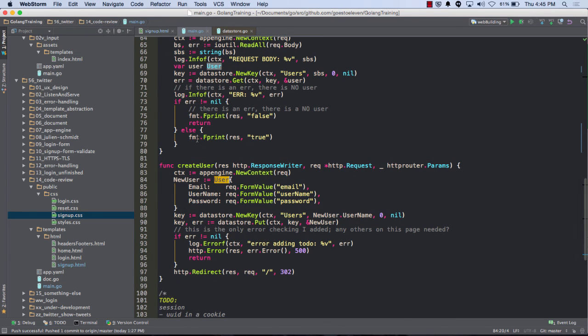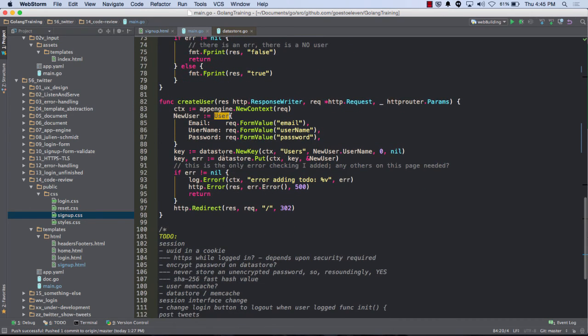I might need to undo something. I think I might have just found an error, which is why I was pausing. But we get those from the form. And then datastore new key, not a new incomplete key. And the key is going to be the username. No, that's right. And then we're going to put the context, the key, and then that data.